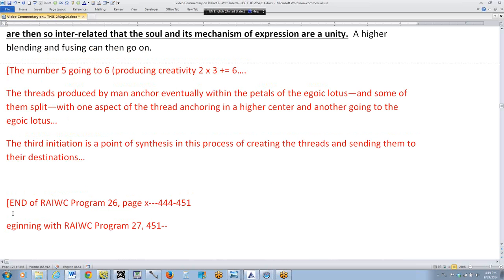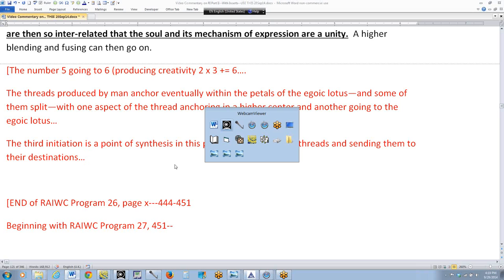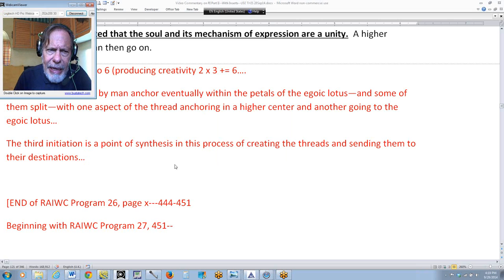We're on program number 27, and we've been linking up the various threads, so to speak, these energy streams which emanate from certain of the chakras. With respect to these threads, man is fivefold, 2 threads coming from the soul and 3 coming from man, from the personality. We have the soul with 2 threads, one anchoring in the heart and one anchoring in the head, and for man we have a thread from the heart linking to the spleen,